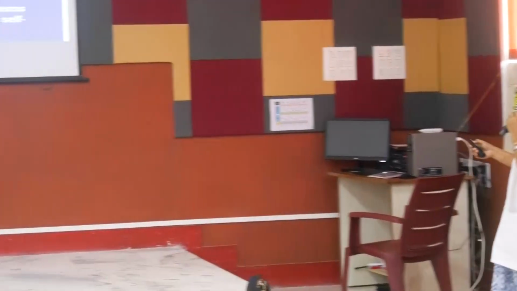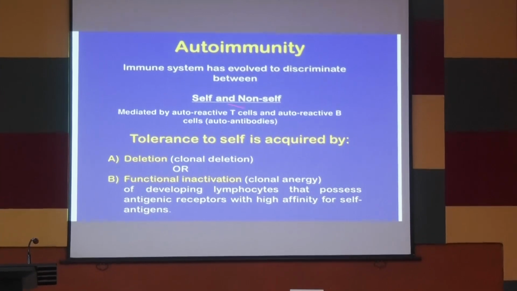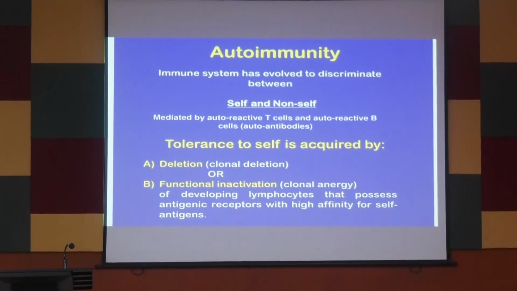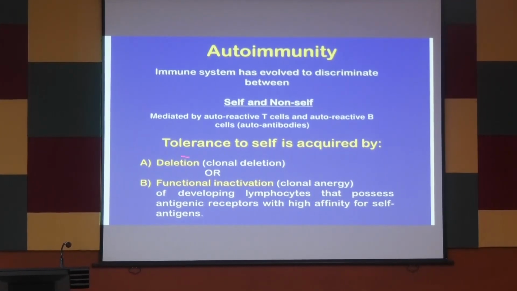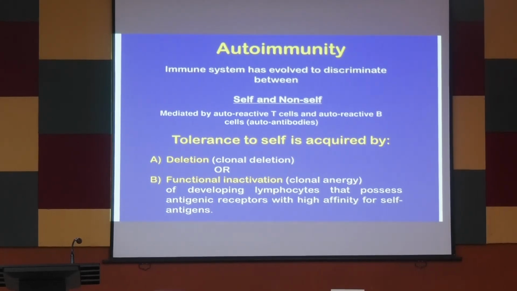Now, what is the thing? Immune deficiency: the body discriminates between self antigen, and this is the method by which they tolerate by deletion. That is, the active T cells or active B cells undergo clonal deletion. These are the reactive cells. Normally, they will not react. If during development any reactive cells are produced, they will be eliminated by deletion or apoptosis or by